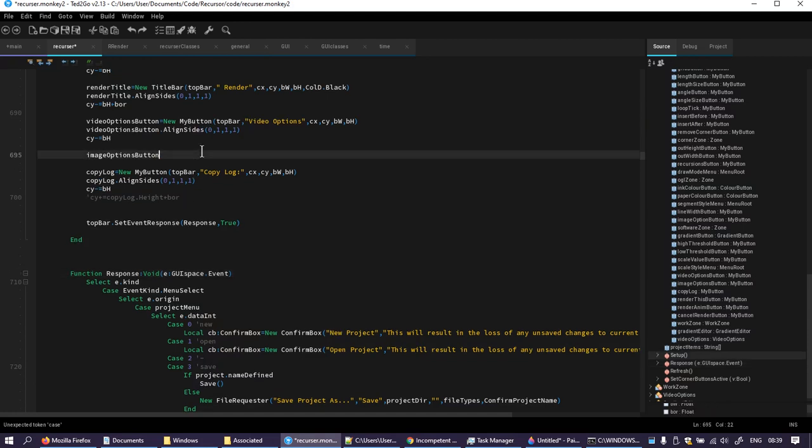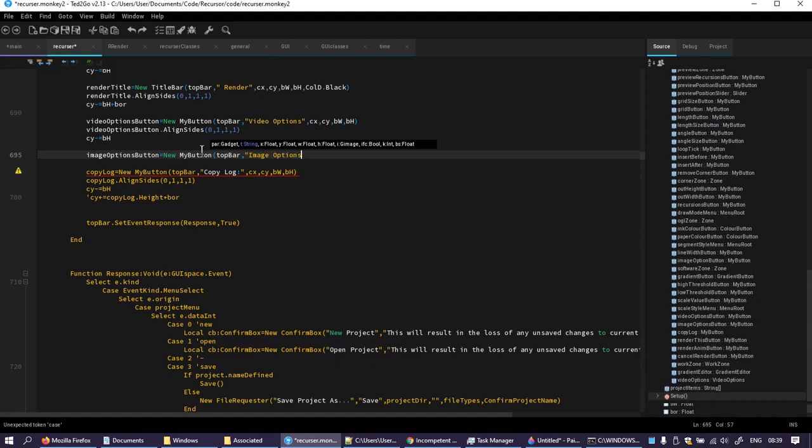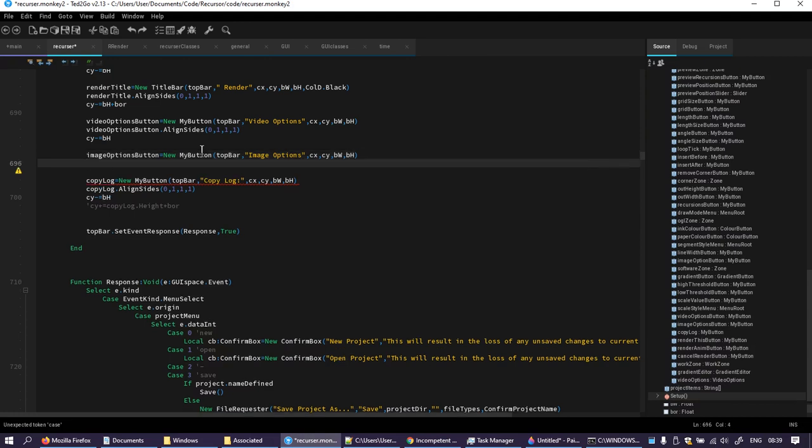Image options button equals new my button. Top bar again. Image options, and again CX, CY, button width, button height, and image options button align sides 0, 1, 1, 1,